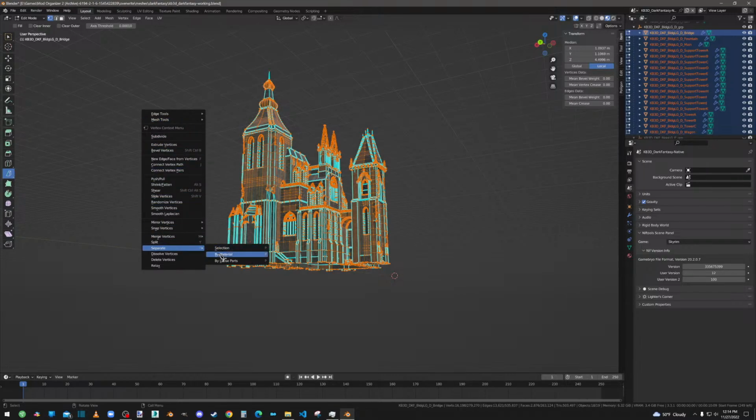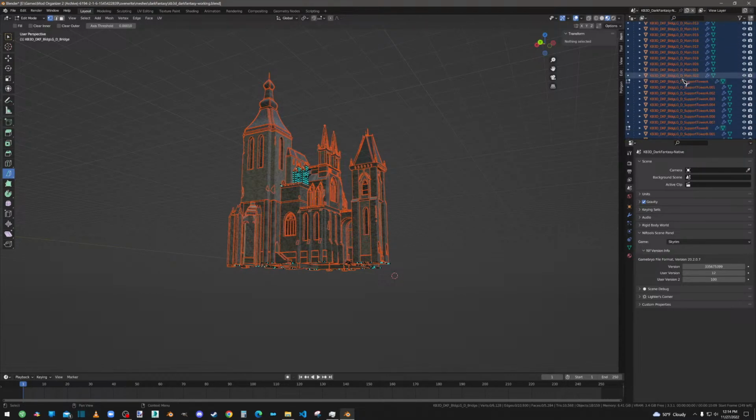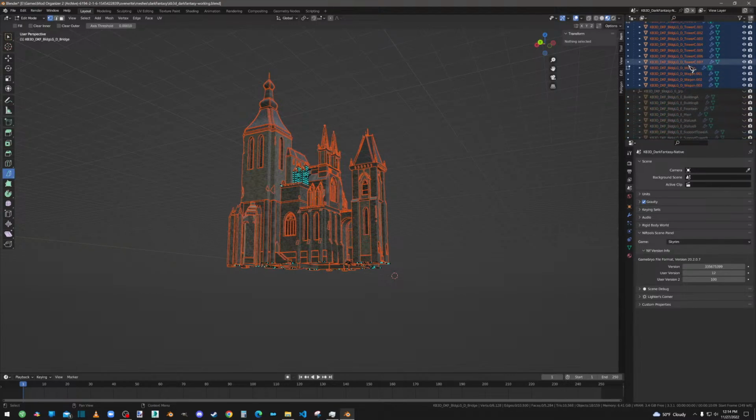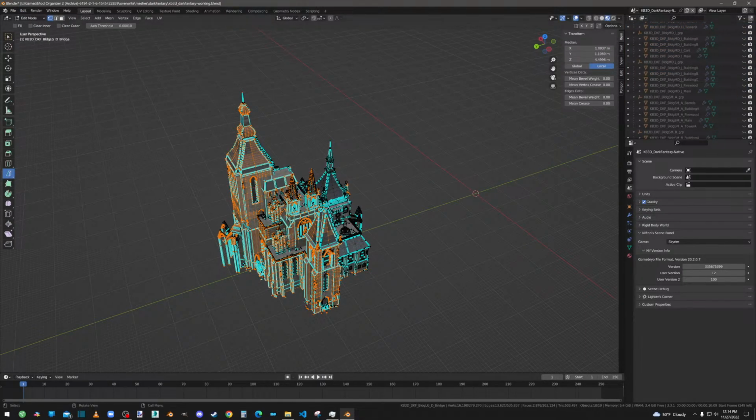I'm gonna go down here and I'm gonna separate all this by material. So that's basically the trick. Yeah, I feel you there. It separates everything into a material, or pieces of a material, I should say. But what I should have done is...